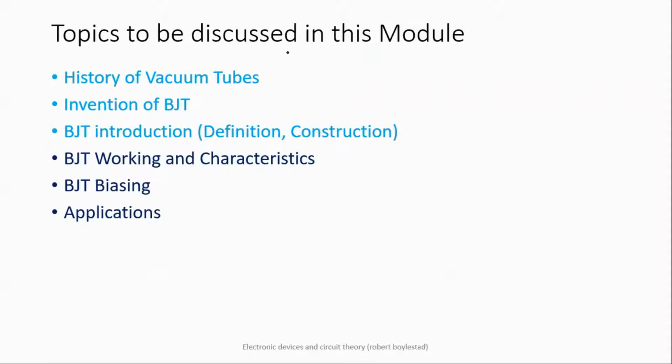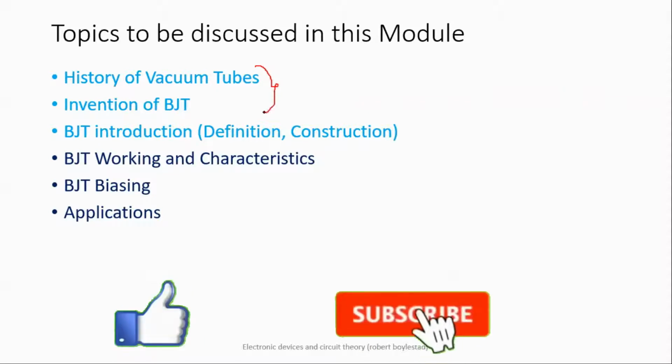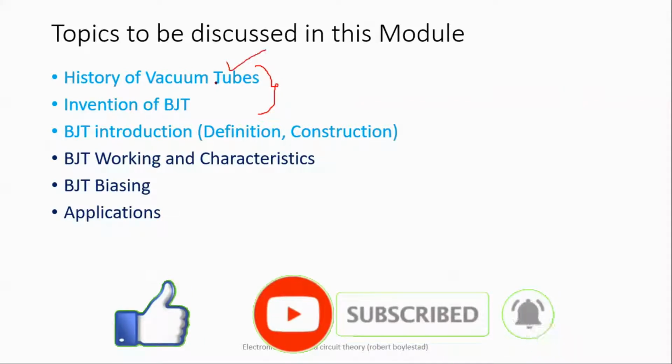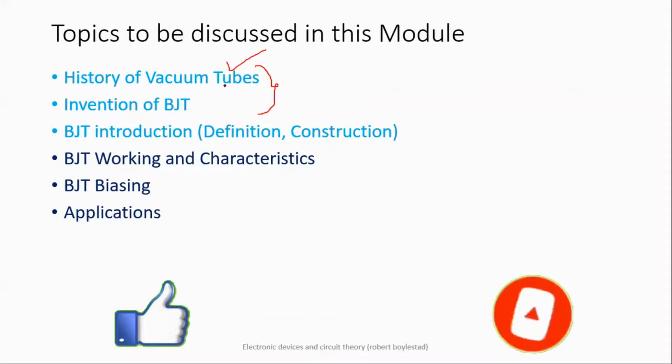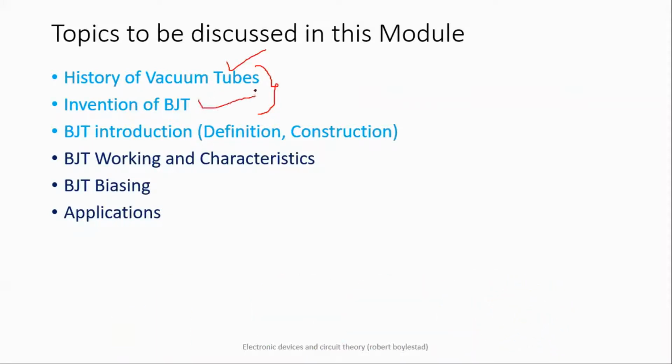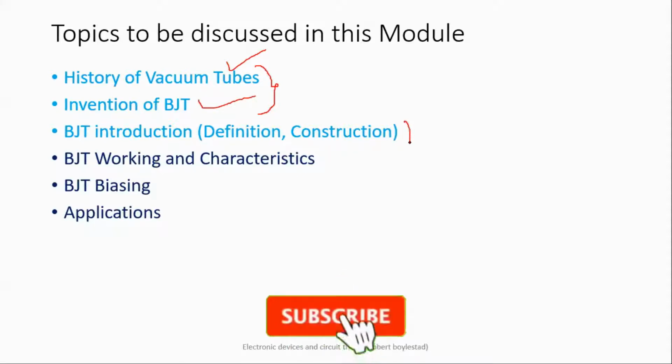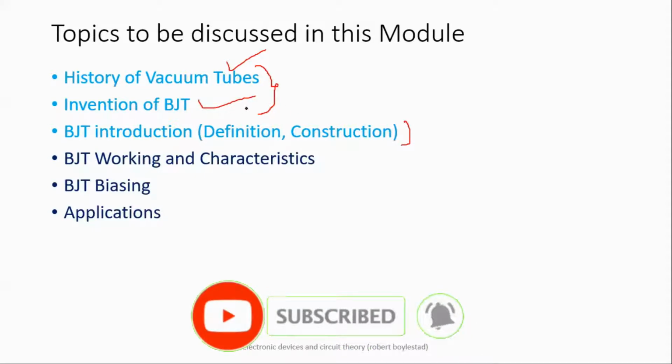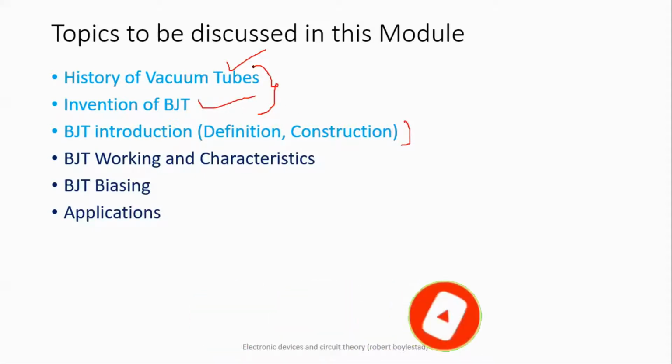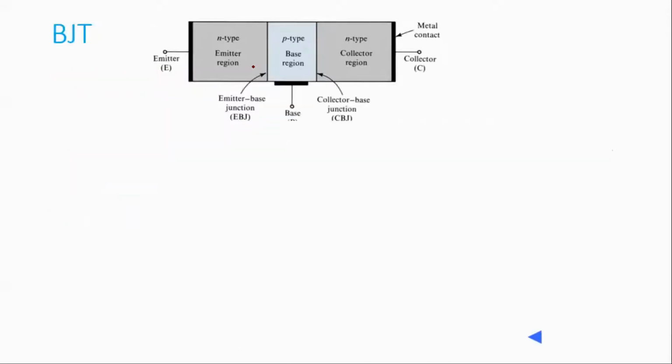But being a student, you should not directly study the BJT. You should study why the BJT. Initially vacuum tubes were there, and later on, to get rid of some of the disadvantages, the BJT is the alternative. So now we will be coming towards the BJT: introduction, definition, and construction in detail. This is part of the course. This history is not part of the course, but you should know. Every time you study a device or any system, you should have some understanding of the history, why that particular thing is there. So this is now your BJT, bipolar junction transistor.